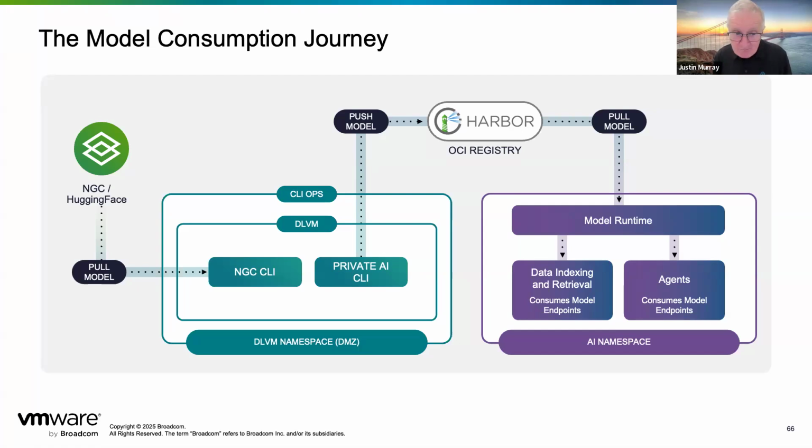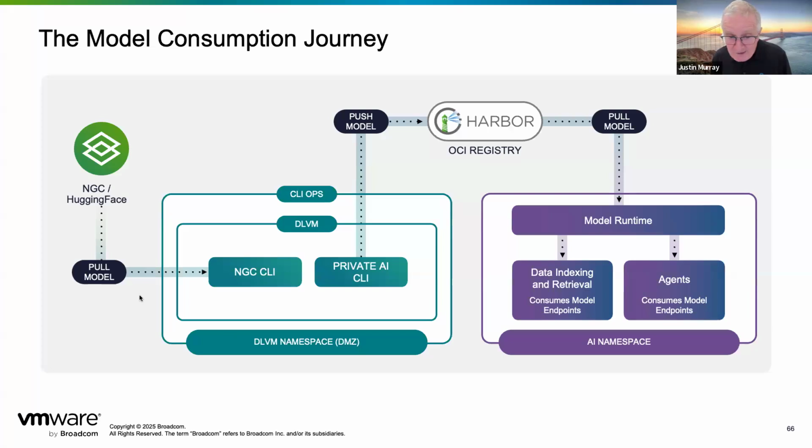And so we think this environment will be provisioned by a new type of persona inside your company. Maybe it's a system administrator, or maybe it's somebody with a job title of LLM operations or AI operations. And those folks set up this deep learning VM, and the data scientist pulls down the model into it, and they run a sequence of testing that we're going to show you.